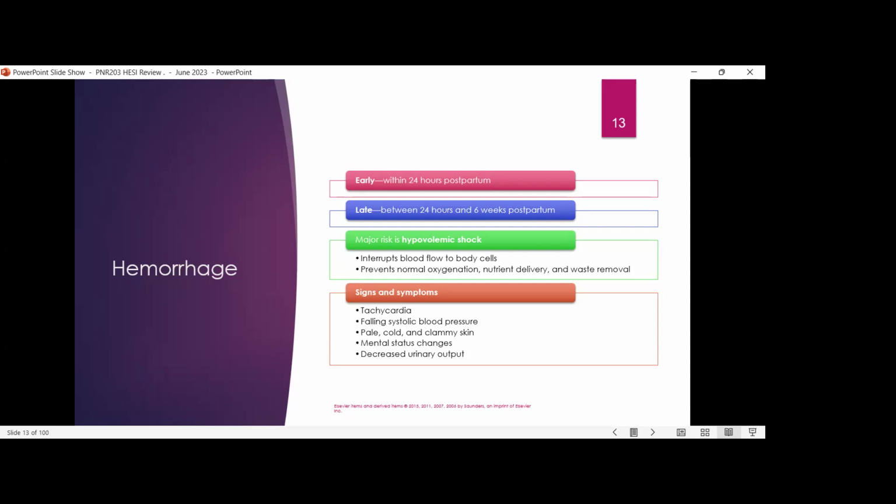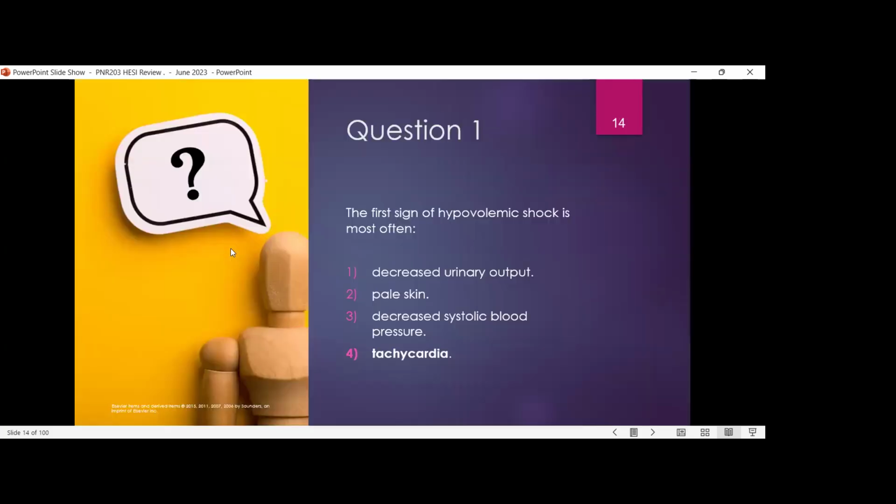She's going to be pale, cold, clammy. They don't feel good, okay? And if they get really bad, they have LOC changes, level of consciousness changes. And then the kidney knows it's not going to be getting the blood it needs, because the blood's going to the heart and the lungs, right, to keep it going, keep the patient alive. So then you have decreased blood going to the kidneys. So then you have a decreased urinary output. It kind of makes sense because every organ needs